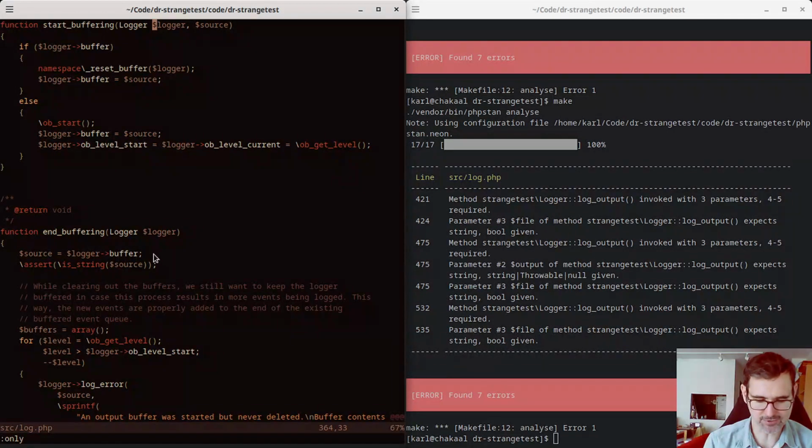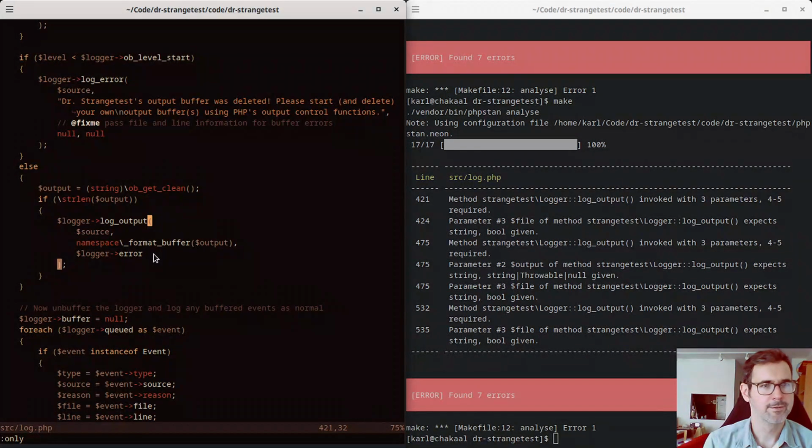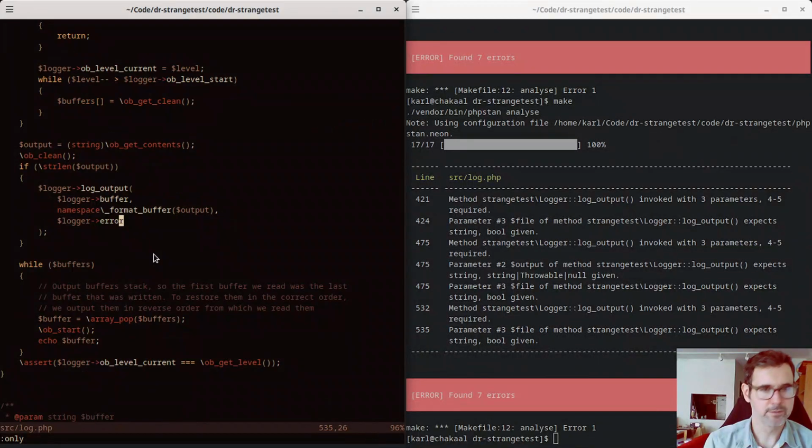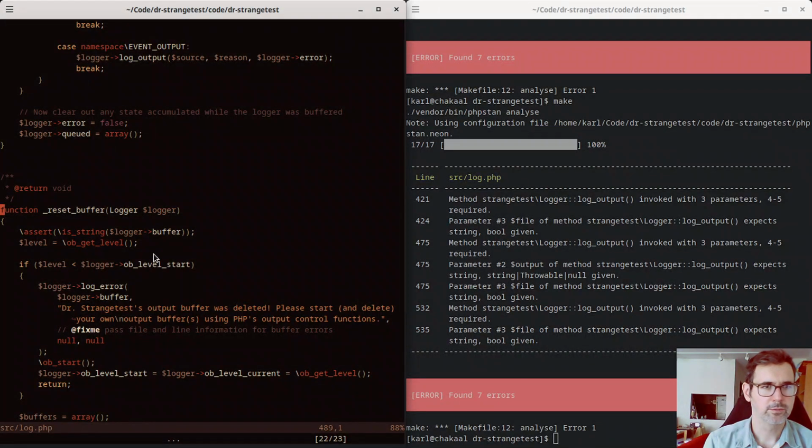Not that I've ever actually used it. So what is this all in? Reset buffer, that goes up to 489, and then